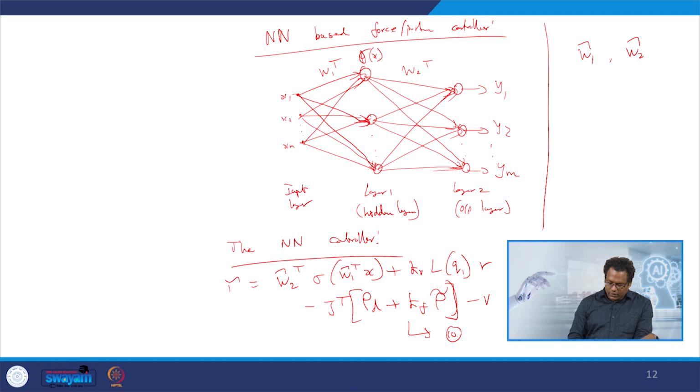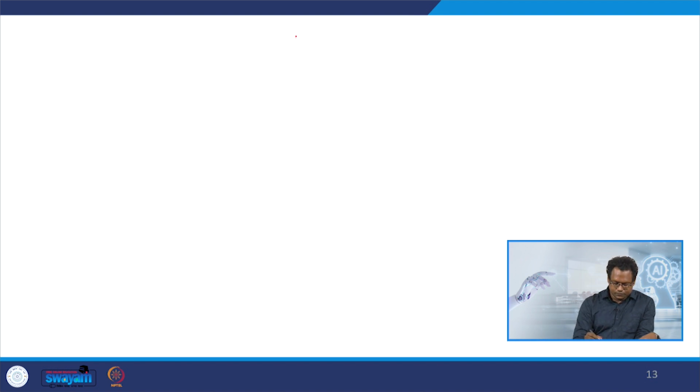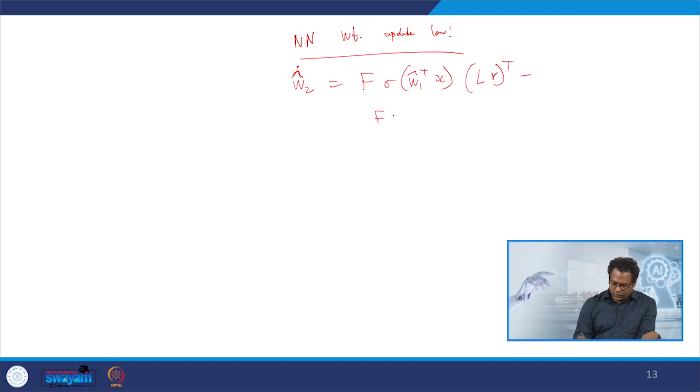Having given the control equation for the neural network based controller, we can also see the neural network weight update law, given by W2 hat dot equal to F multiplied by sigma of W1 hat transpose into X into L or whole transpose, minus F into sigma hat prime W1 hat transpose into X into L or whole transpose,